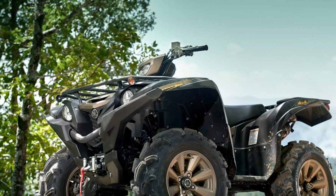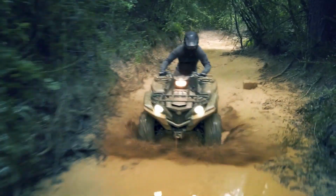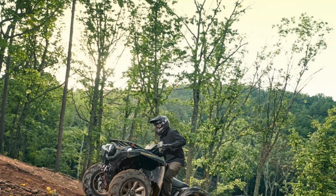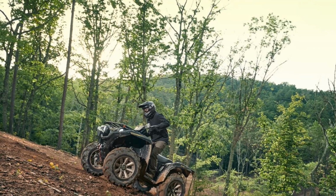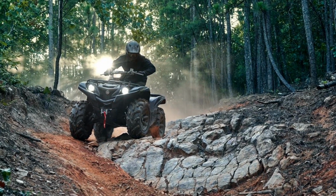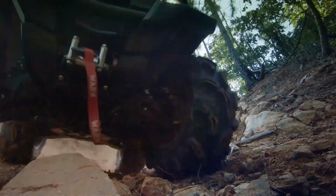The Grizzly 700 has been a favorite big bore 4x4 ATV among our staff since its inception, due to its good power, 2- and 4-wheel drive system with lockable front differential, good all-around suspension, and relatively light and nimble handling. The 2020 Grizzly XT-R claims to bring even more riding exhilaration thanks to its potent and proven